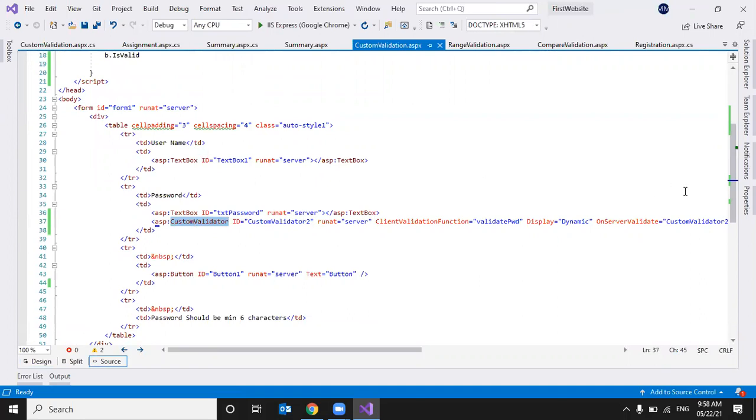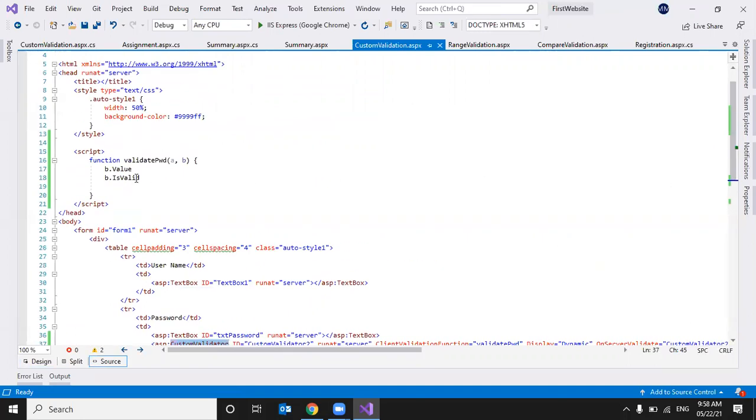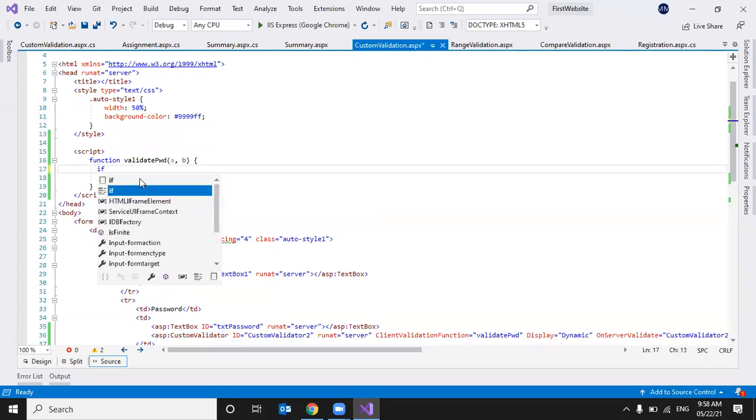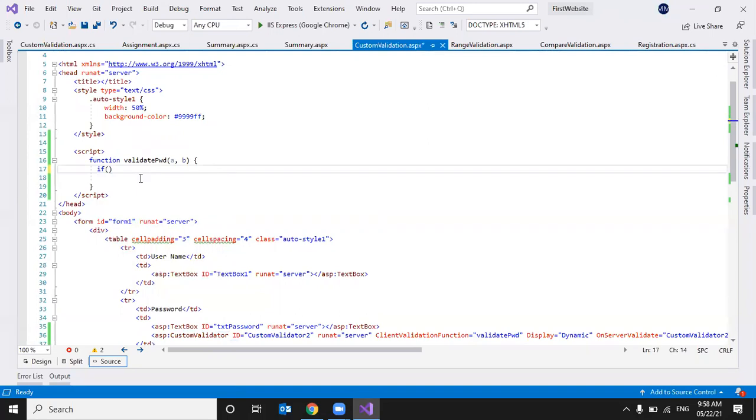Okay. Now we will write the custom logic. As I said, we want to check whether the password is more than 6 characters or not. So we check B dot value dot length, greater than 6 or not.